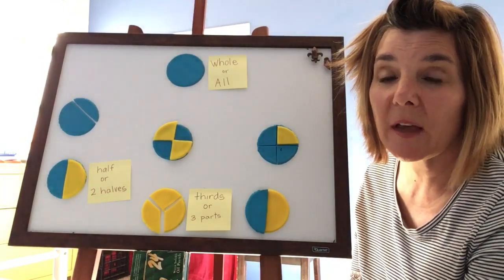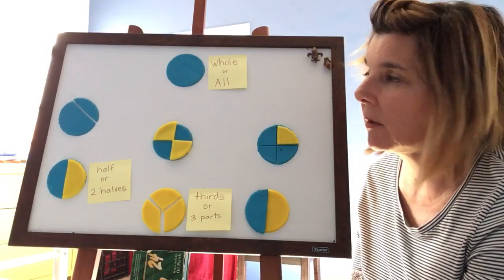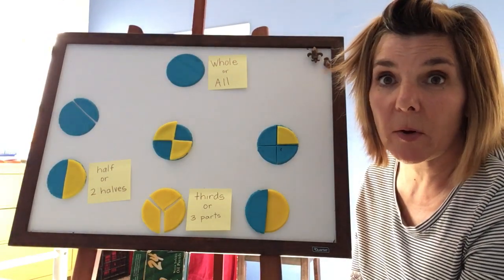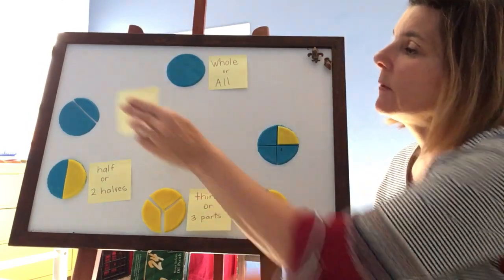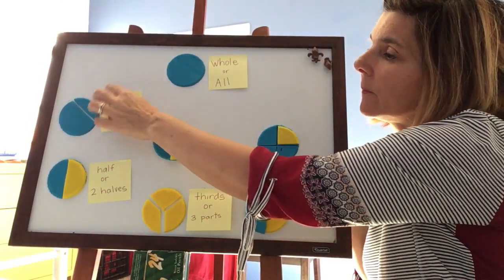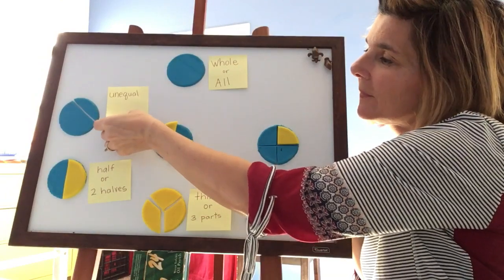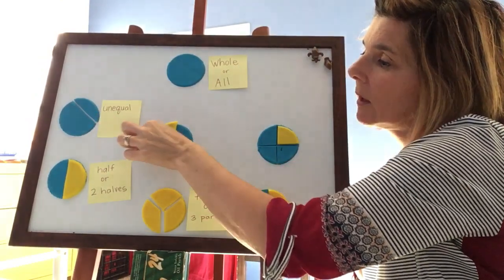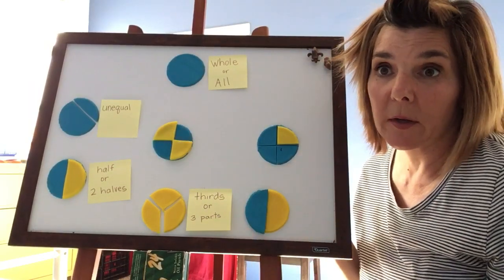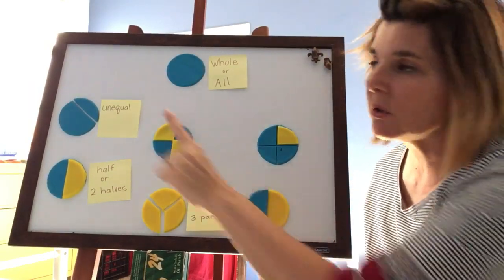Have you found one yet that's unequal? It has 2 unequal parts. Yep, you found it over here. 2 unequal parts. It could actually have more unequal parts, but I just put 2 on there so it was